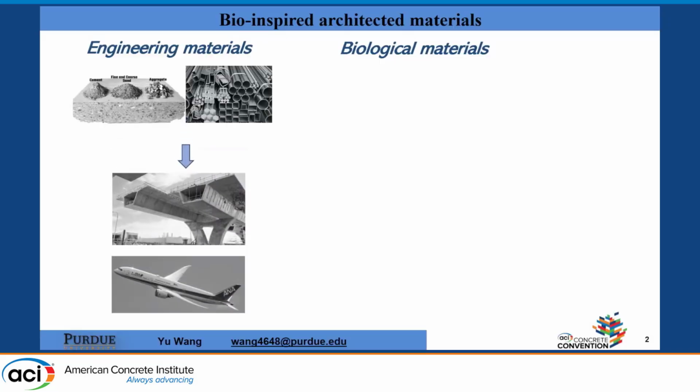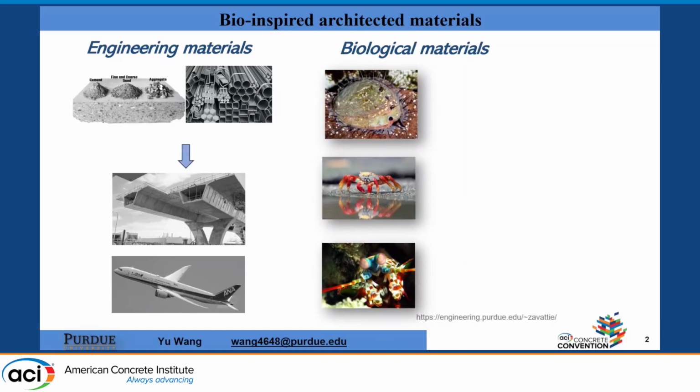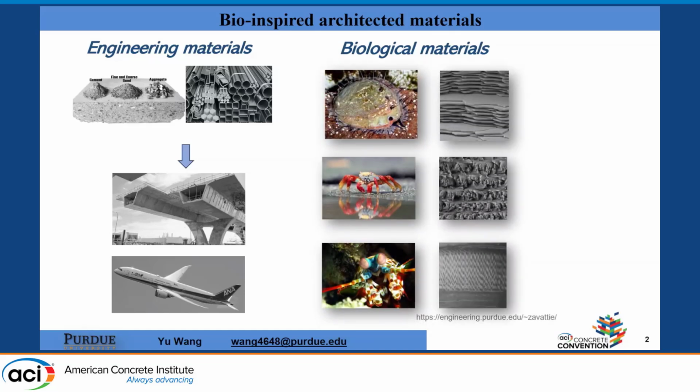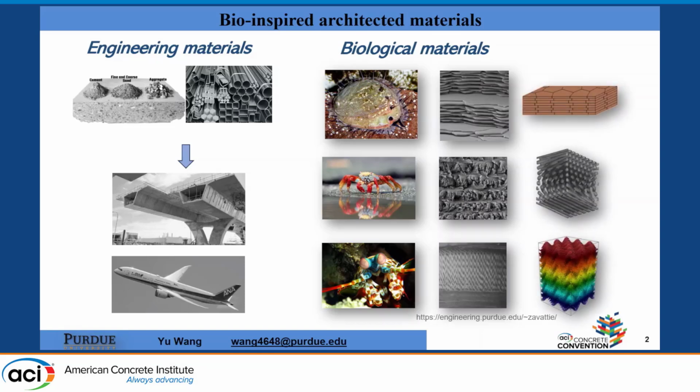Just some brief introduction. We all use a lot of engineering materials in our real world. We optimize the composition. We explore novel manufacturing processes to improve the efficiency or performance of our engineering materials. However, in nature, there are also a lot of different ways used to improve the efficiency of material design, because the animals in the world have been evolving for 10,000 years. They have their own ways to improve the performance of their own materials. So